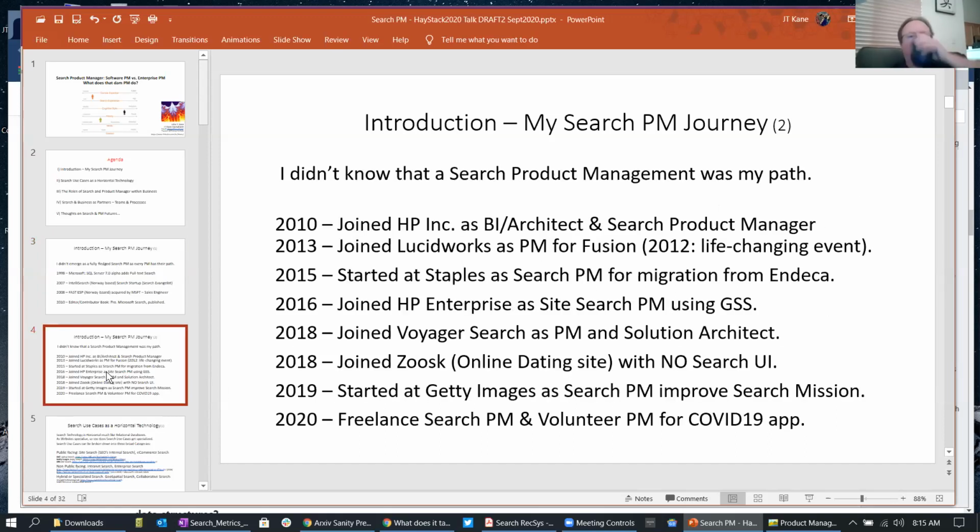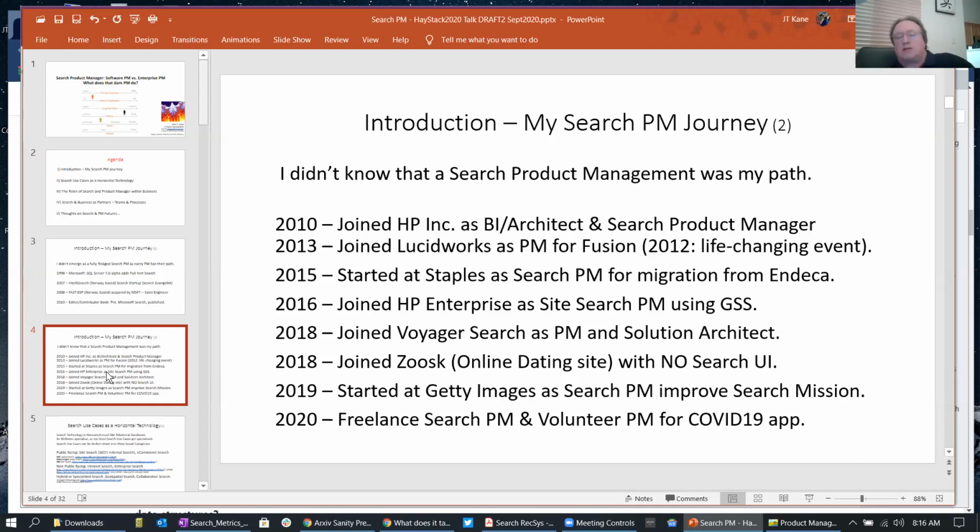Later, I joined Hewlett Packard as a BI architect. And through the first month or so, I wasn't that busy because they were waiting for a new director of search to join. And myself and John McGuire, who a few may know of, became his left and right hand for product management,